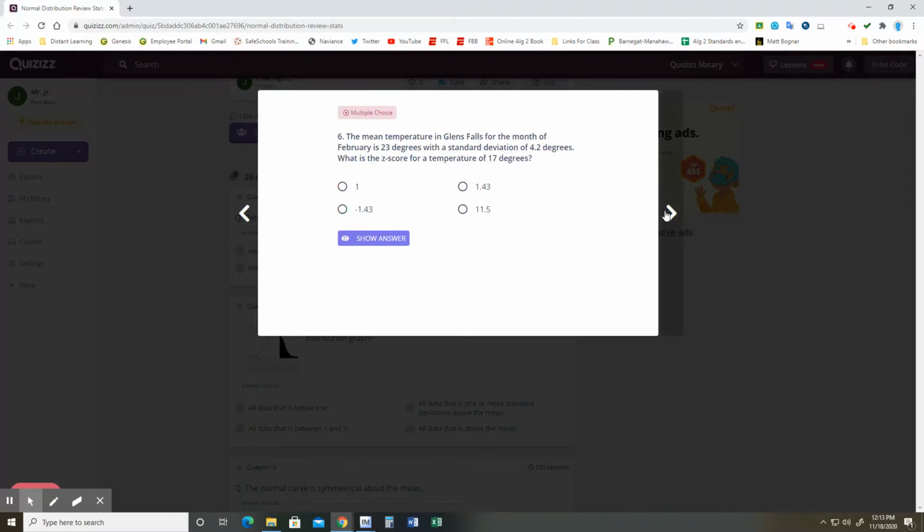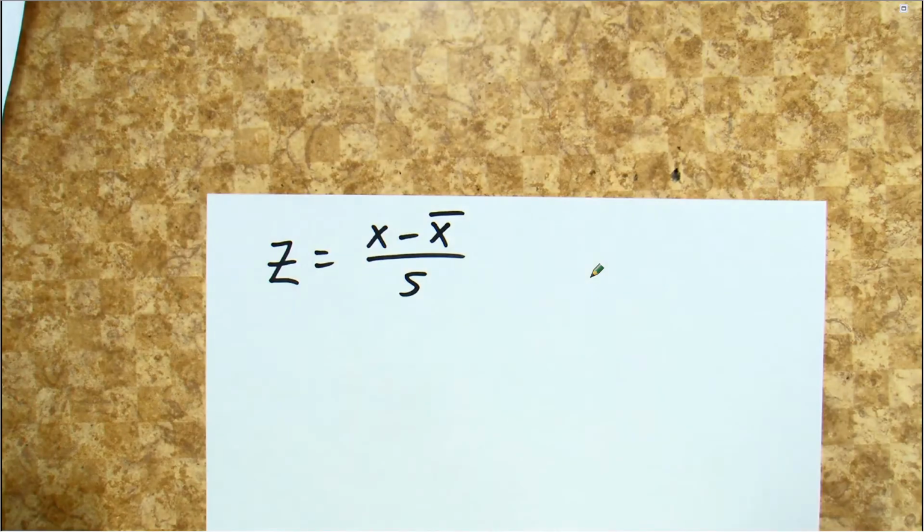Let's look at number 6. Number 6, the mean temperature in Glen Falls for the month of February is 23 degrees with a standard deviation of 4.2. What is the z-score? I'm going to stop right there. What is the z-score? Now, this is a different type of question. They're specifically asking, what is the z-score? Now, in terms of calculating what is the z-score,